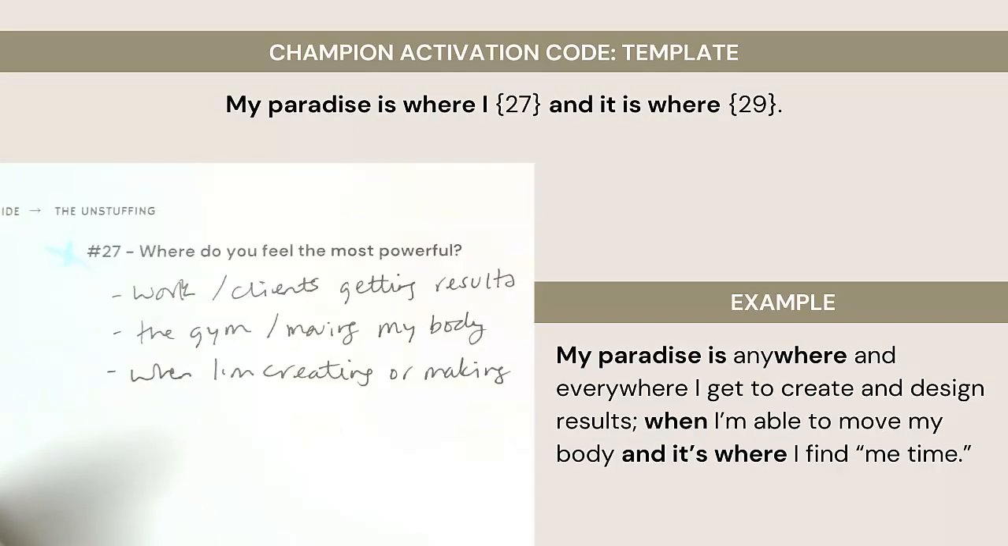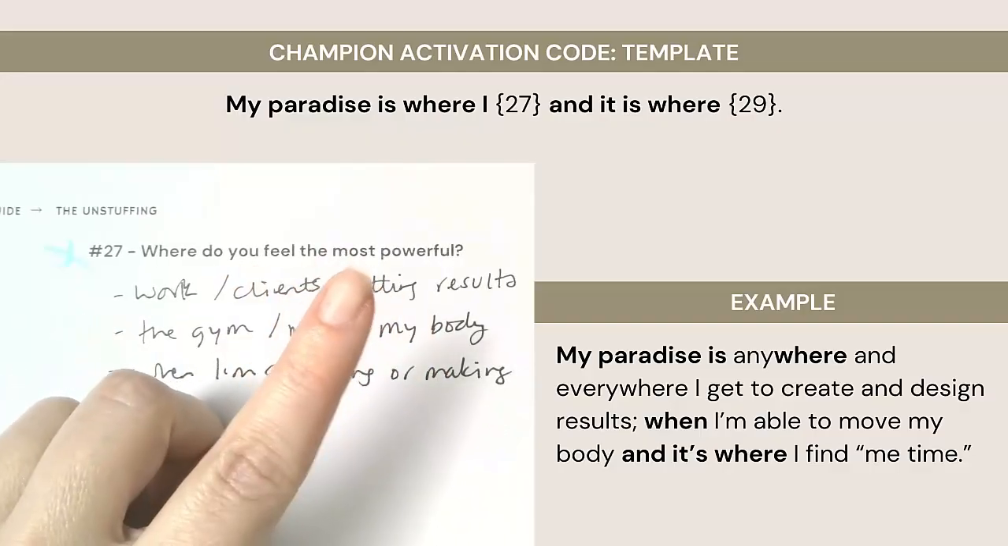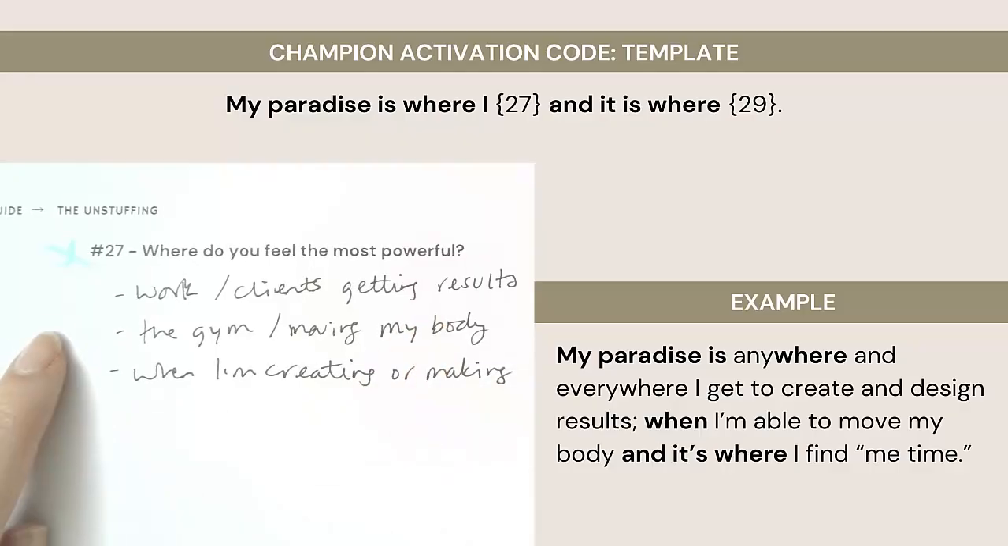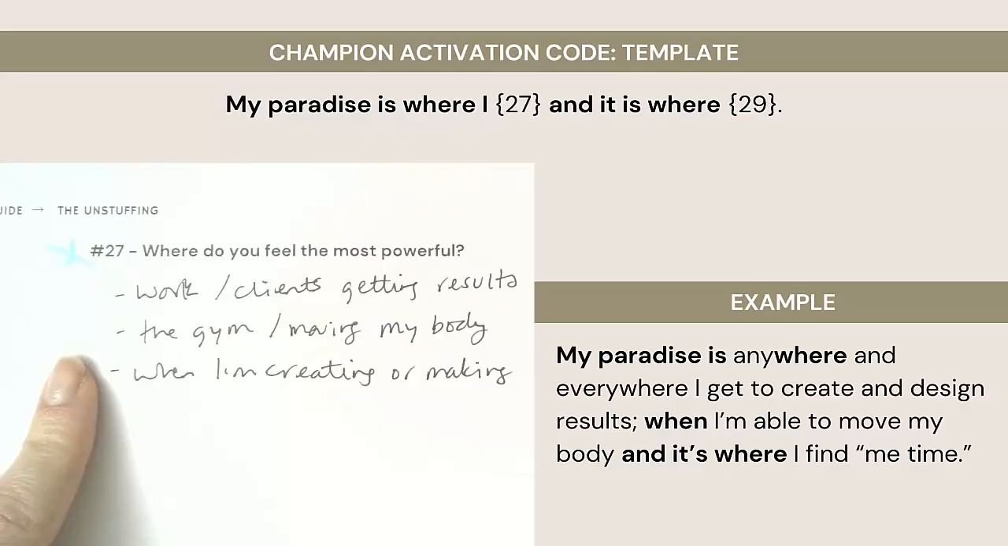The next sentence is, my paradise is where I am in the place of number 27, and it's where I'm in the place of number 29. In number 27, we're looking at where you feel the most powerful. So it's not actually a physical location necessarily. It's more kind of a state of mind of